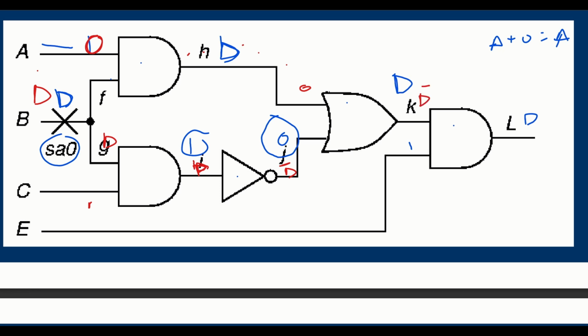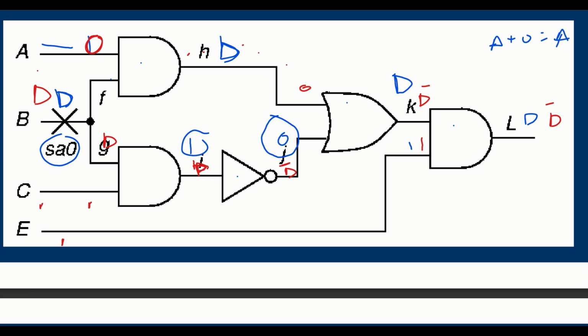Then in that case, if we have an AND gate with D bar, we have to put 1 here, so that the error propagates. So the final output should be what? D bar. Now the whole point is that we have been able to propagate the error forward so that we can generate our test vector. So our test vector should be such that E is 1, C is also 1,